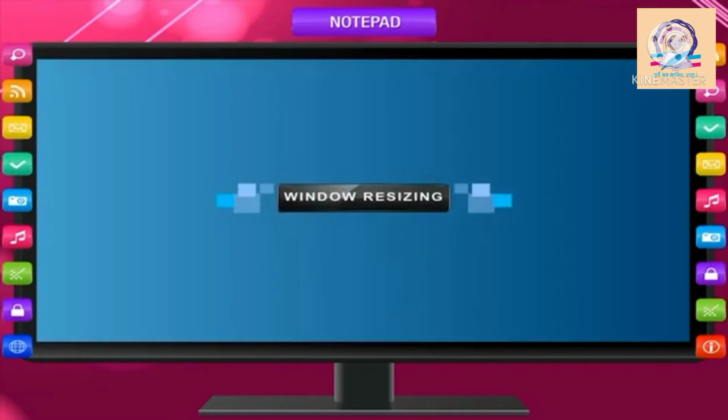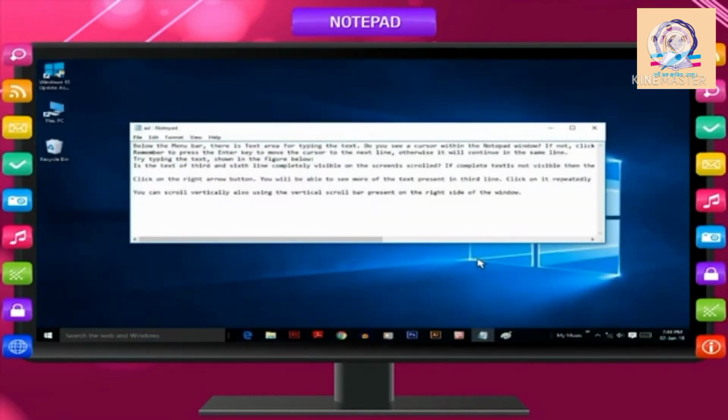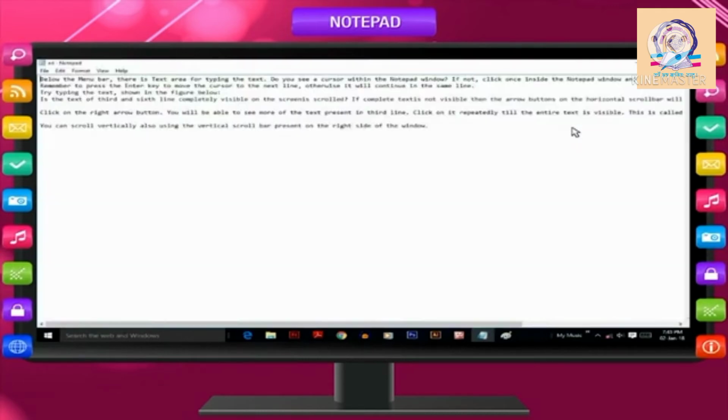Window resizing. You can stretch the window from any of its edges to change its size. Observe that the mouse pointer changes when you bring it over the edge of window. Or click on the Maximize Control button on the right of the title bar.